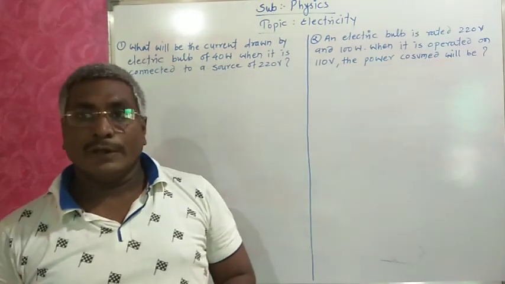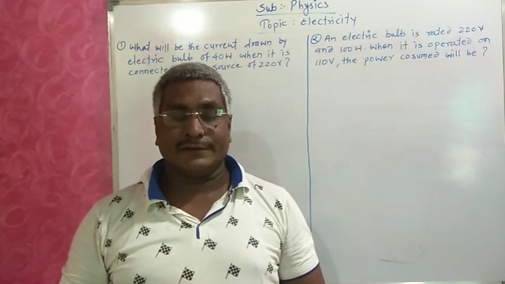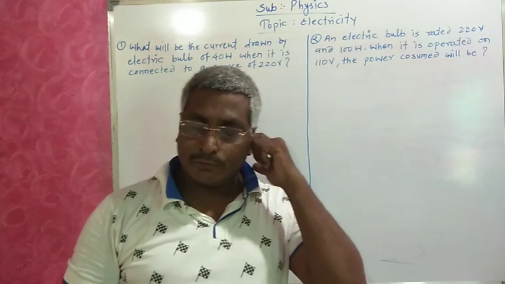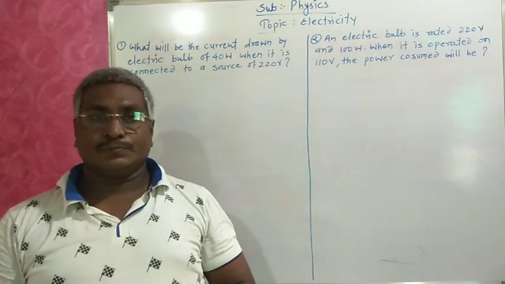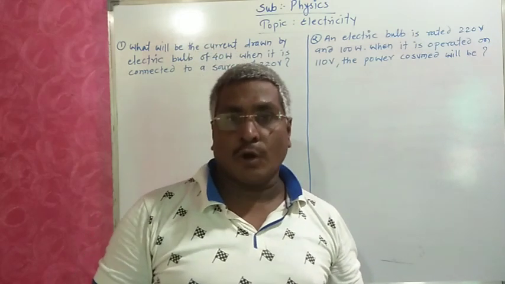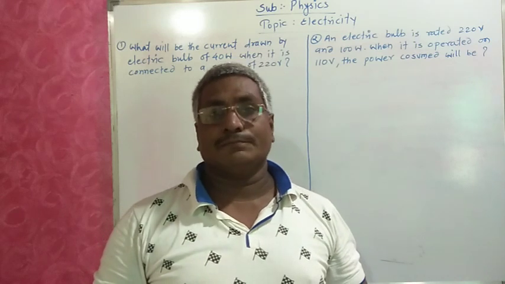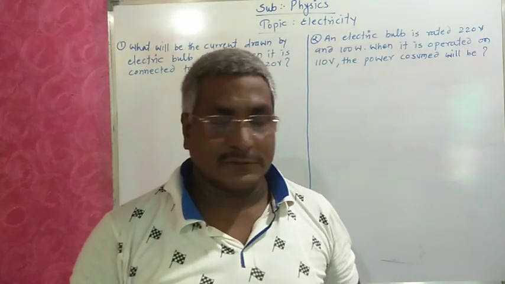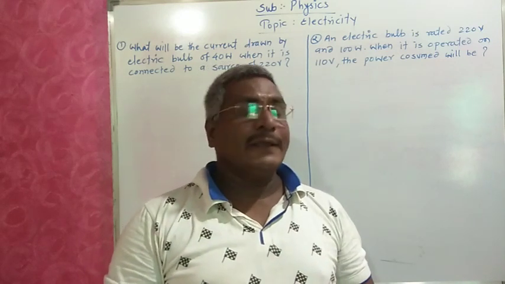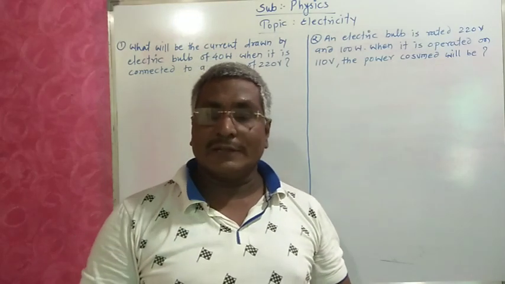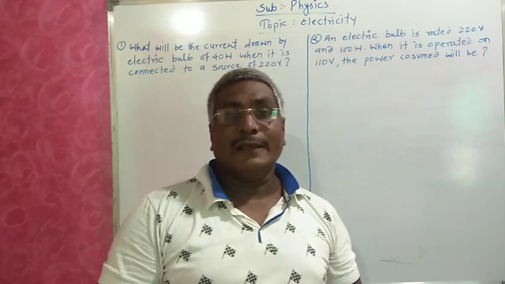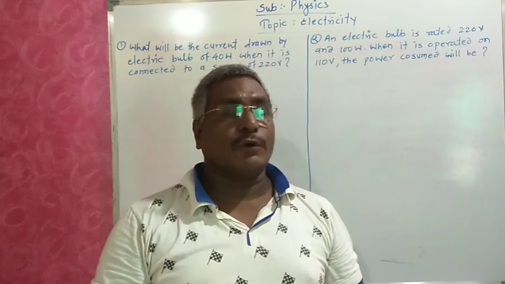Because in our home we get an electricity bill. So how that electricity bill is charged, how we are paying that amount, we should know. Whatever amount we are paying to the MSEB board, whether that is right or wrong, we can calculate ourselves. So for that purpose, this topic is very important. Carefully solve this and practice it in your life also. It is not only for the 10th standard, it is for your life.